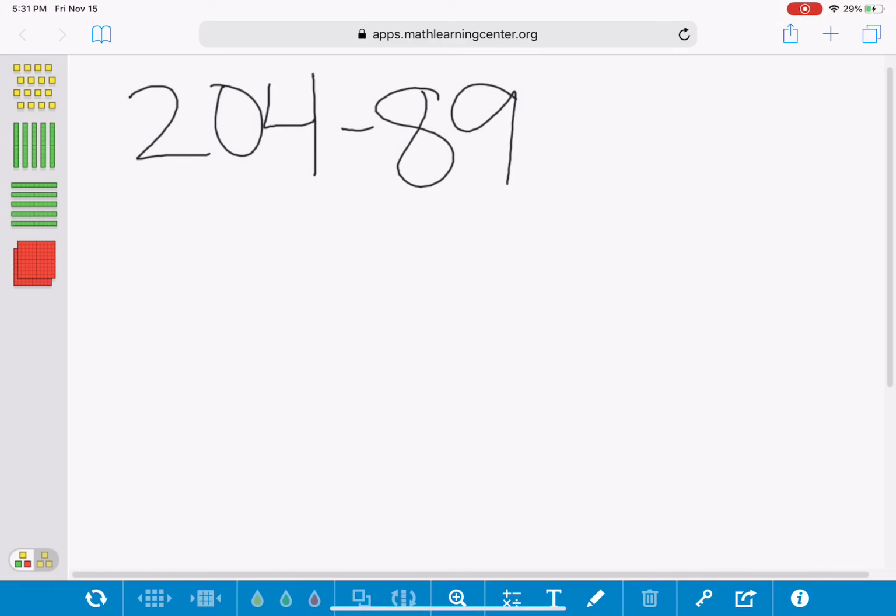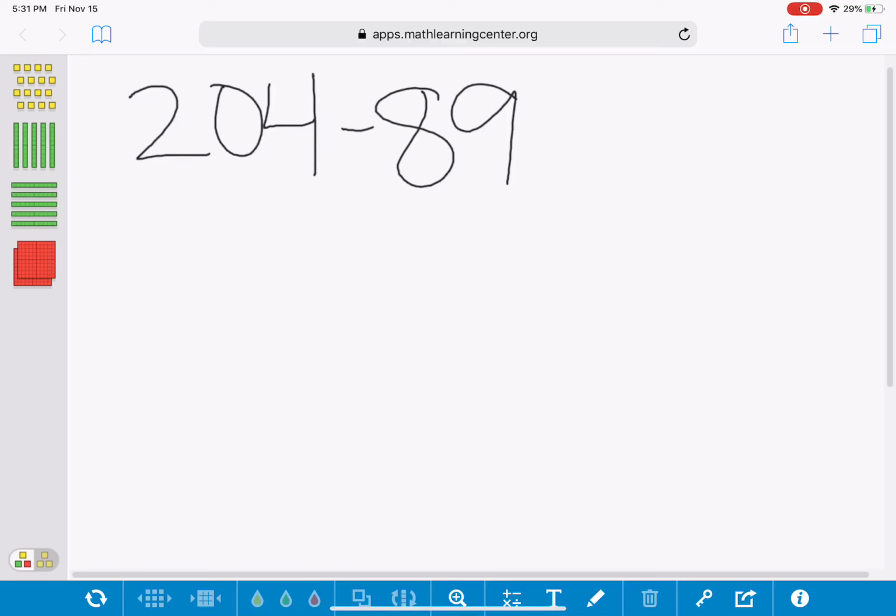Subtraction problem, I have 204 minus 89. So I am doing 3 different strategies for 2nd, 3rd, and 4th grade. For the 2nd grade strategy, I will be doing the base 10 manipulatives based on the standard